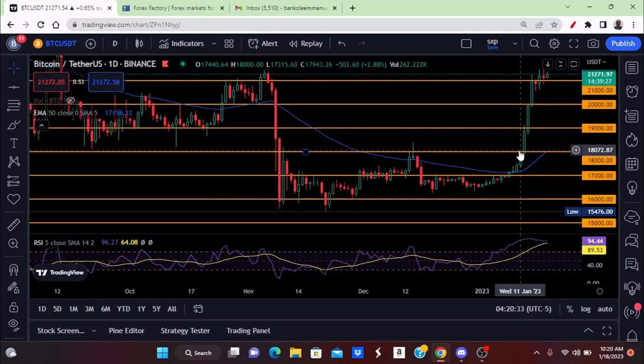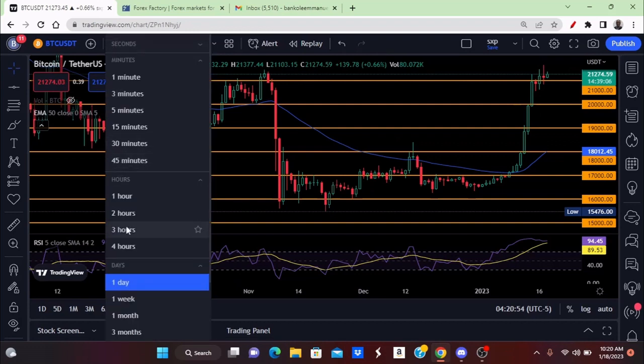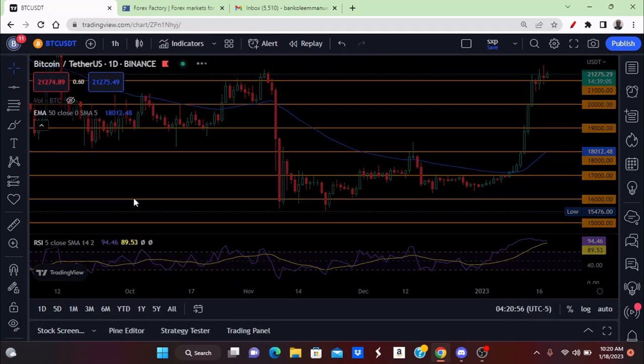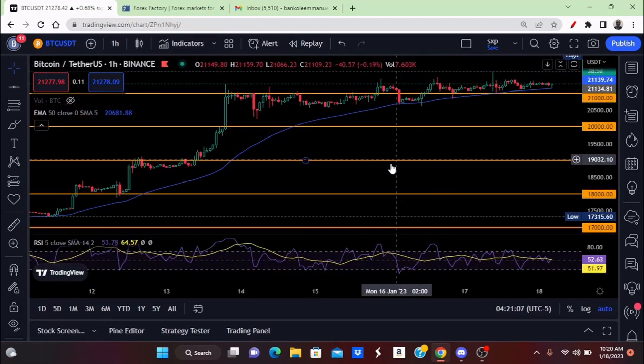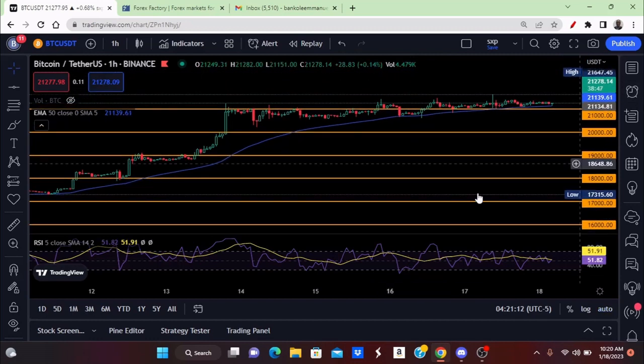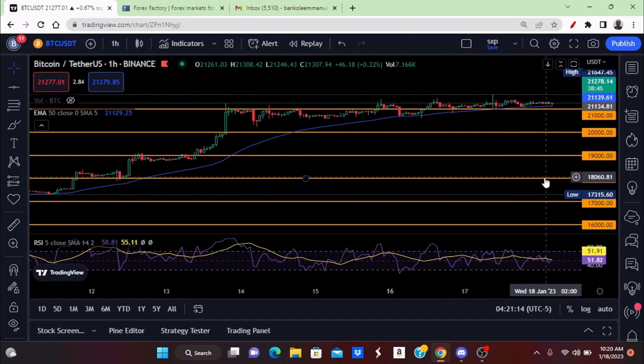The next thing I want to do now is to come to the 1 hour time frame. Remember, we are drawing these levels on the daily time frame. And what I want to do on the 1 hour time frame is to ensure that we do not miss any price movement. We've selected the round figure levels, so now we're coming to select the 500 levels, like 16,500, 17,500, 18,500,